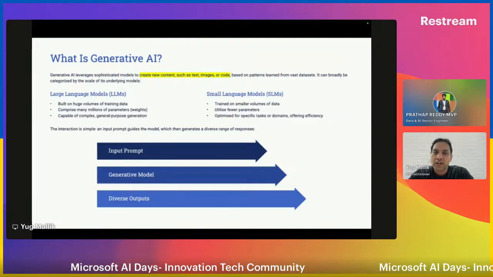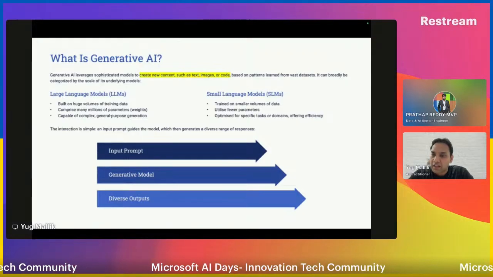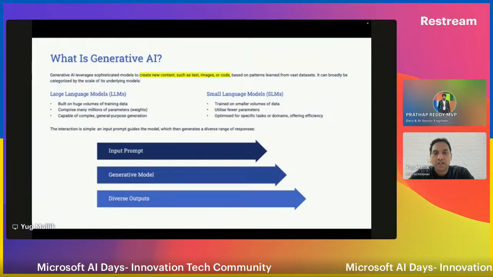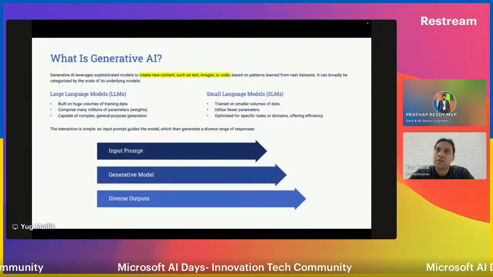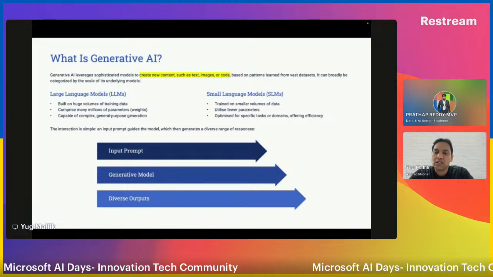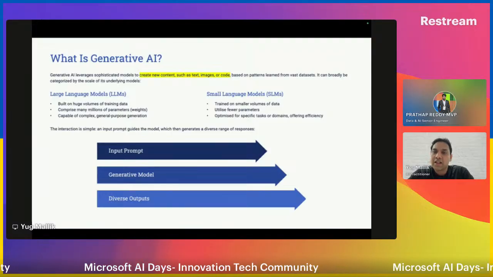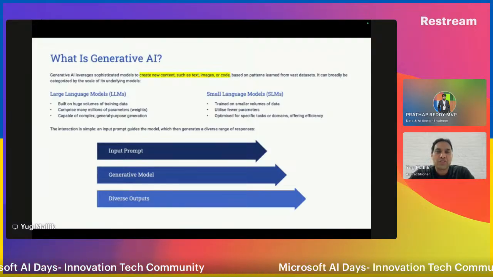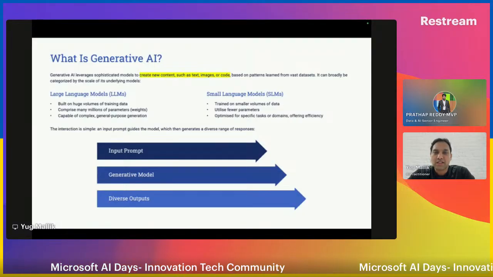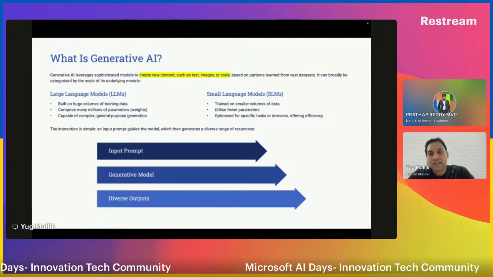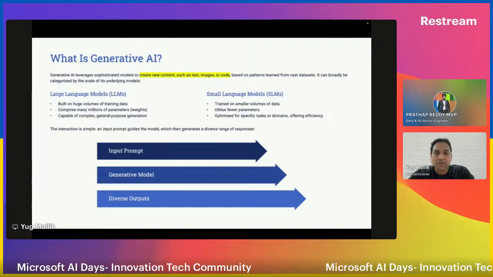It is trained on a huge amount of data and on multiple parameters, typically from 100 billion and above. That's the scope they take into account, and it is very costly, and hence it is able to provide general purpose information. Anything in today's world, everyone has at their fingertips: they open ChatGPT and ask anything and everything. That's typically the large language model, trained on a very large amount of data.